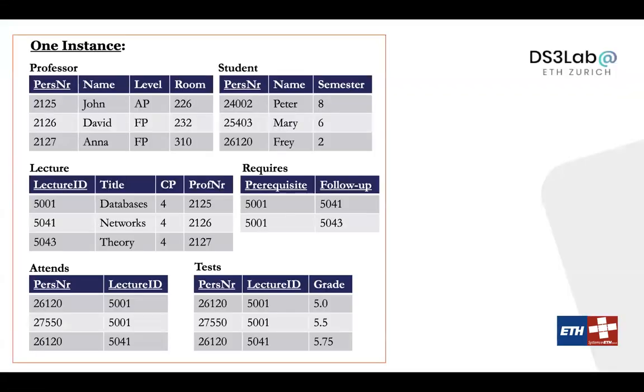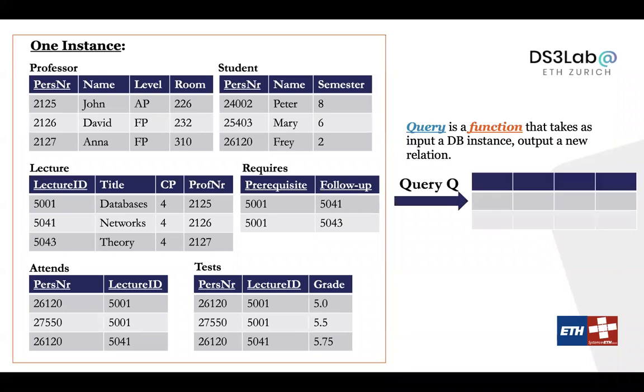So this is what we already know, right? What is a database instance? It's a whole bunch of relations, and each relation contains a set of tuples. We talked about how to manipulate and how to query the data given a database instance, so we know how to write a query. What is a query? So far, a query is a function that takes as input a database instance and outputs